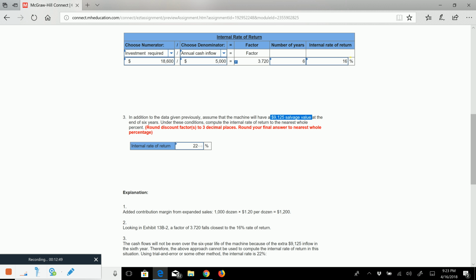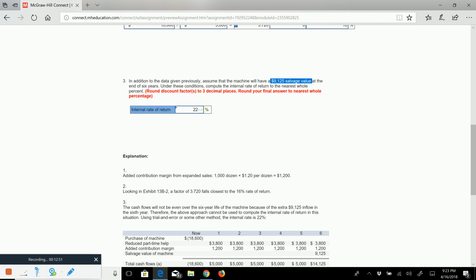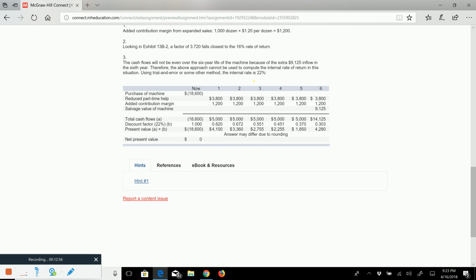Well, instead of it being 16%, we've calculated it's now 22%. How do I do that? Well, once again, you've got to put a table together that looks like this. Right now, spend the $18,600, since that's already at present value. There it is, negative $18,600, and then $5,000 a year for 5 years. And then in year 6, not only the $5,000 savings, but in addition, the $91.25 in the salvage value of the machine. So total cash flows in year 6 is